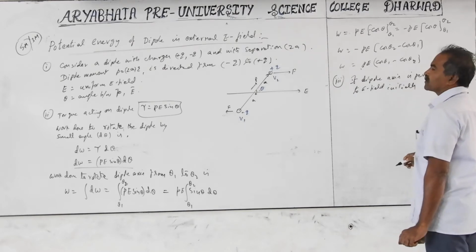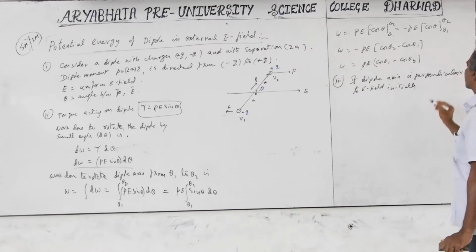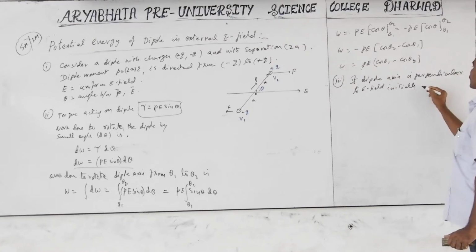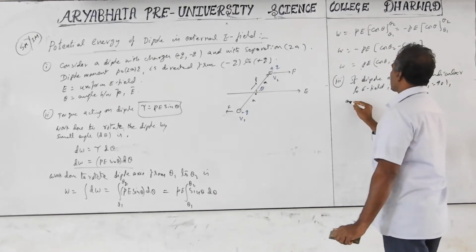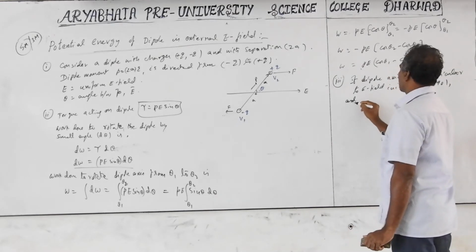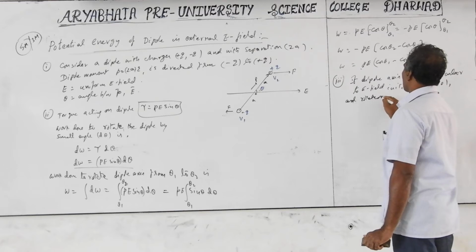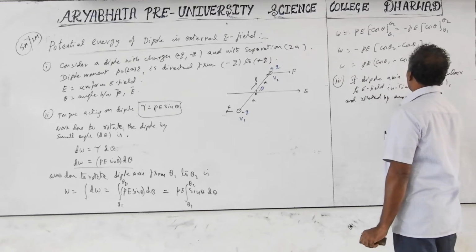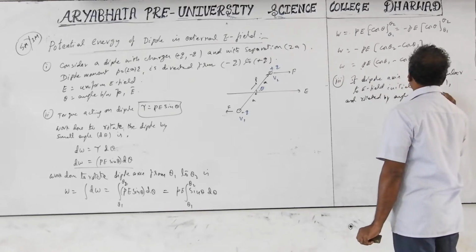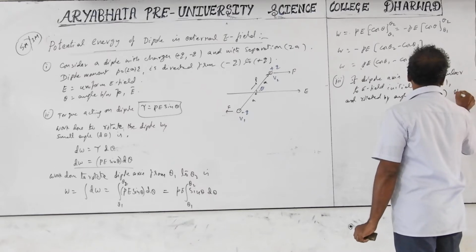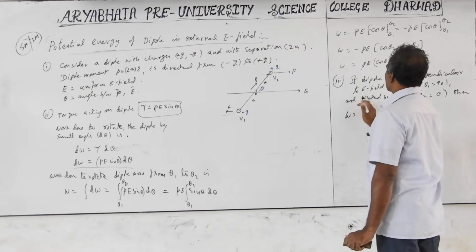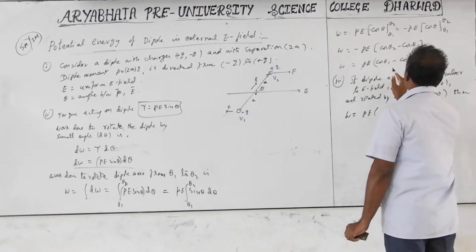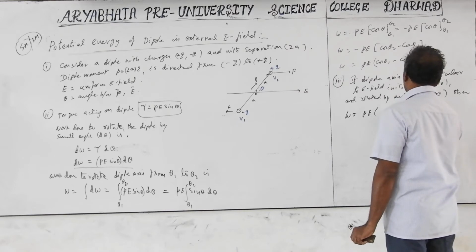That means theta 1 is supposed to be equal to 90 degrees. Initially theta 1 equals 90 degrees, and rotate it by angle theta 2. Then what is the work done? Then W is equal to P, dipole moment, into electric field, into cos theta 1, that is cos 90,